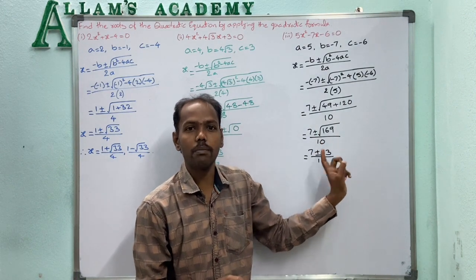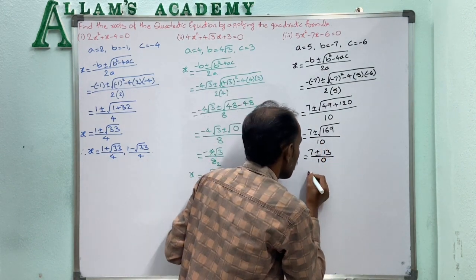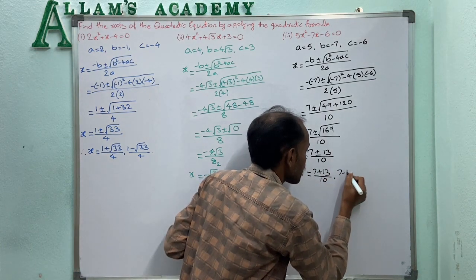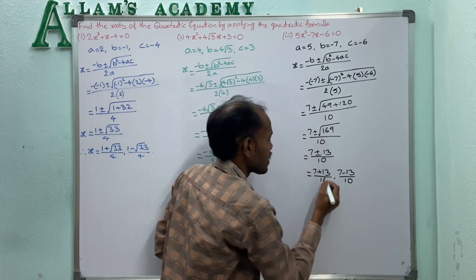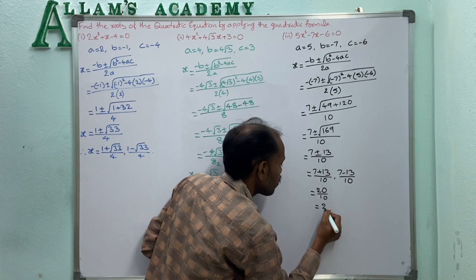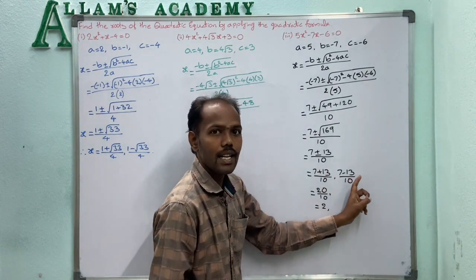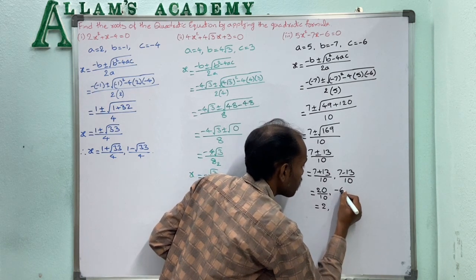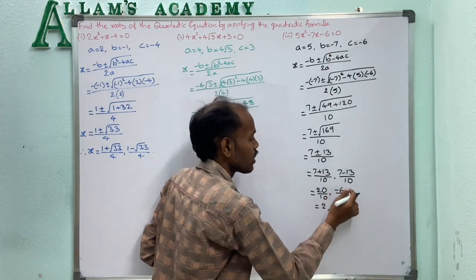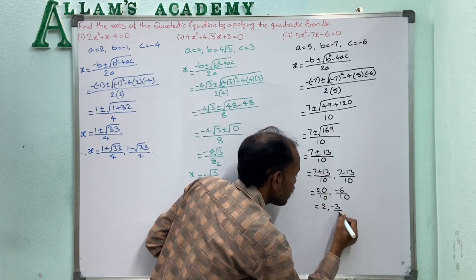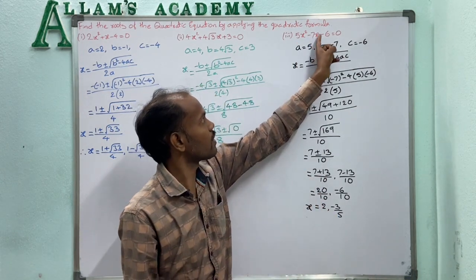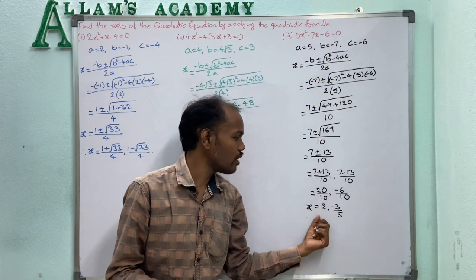That means 7 plus 13 by 10, and 7 minus 13 by 10. 7 plus 13 is nothing but 20, 20 by 10, which means 10 1s are 10, 10 2s are 20, so 2. Next, 7 minus 13 is nothing but minus 6, by 10. So minus 6 by 10, 2 3s are 6, 2 5s are 10. So minus 3 by 5. So the roots of the quadratic equation 5x square minus 7x minus 6 equal to 0 are 2 and